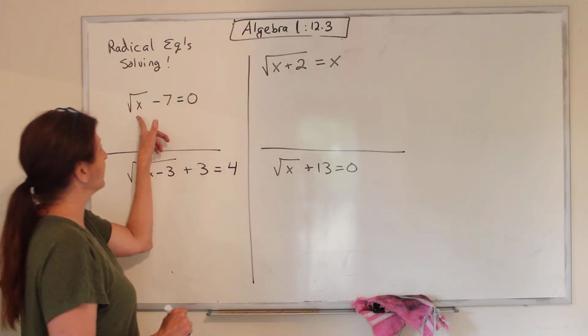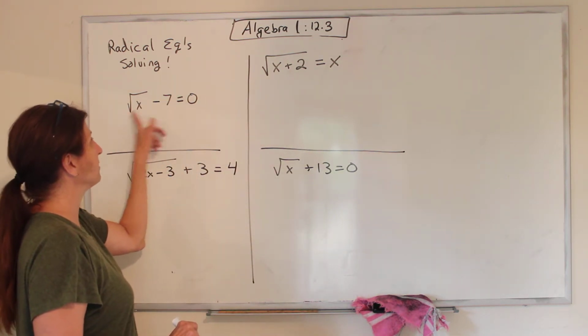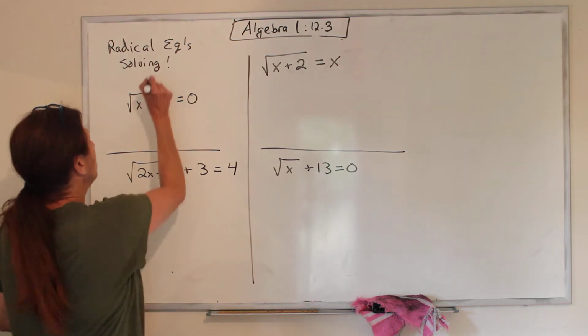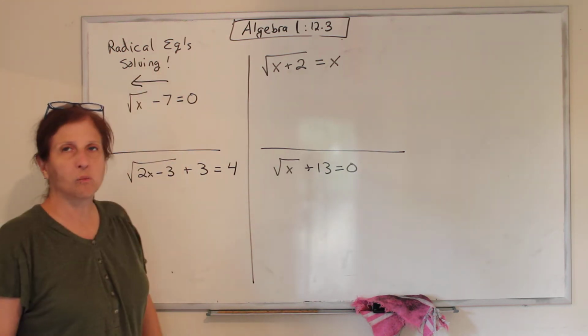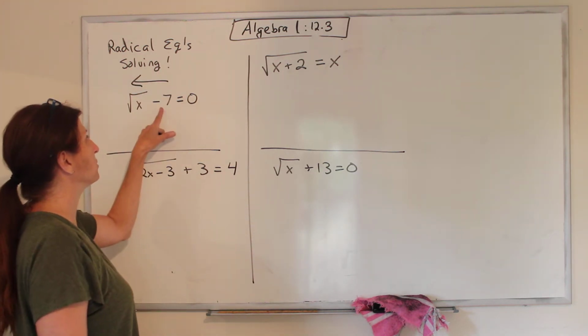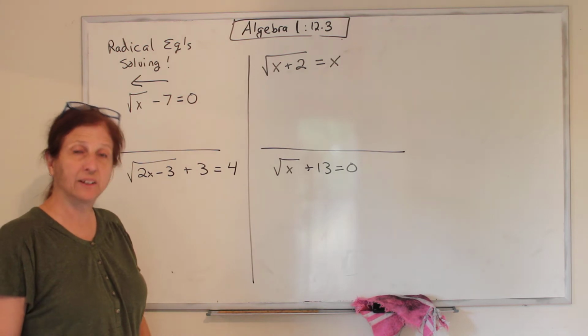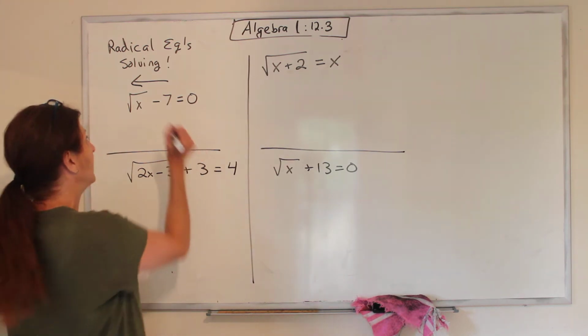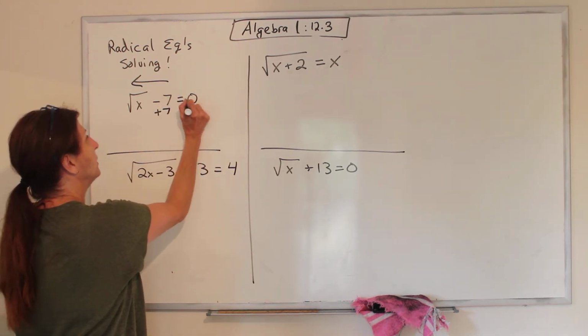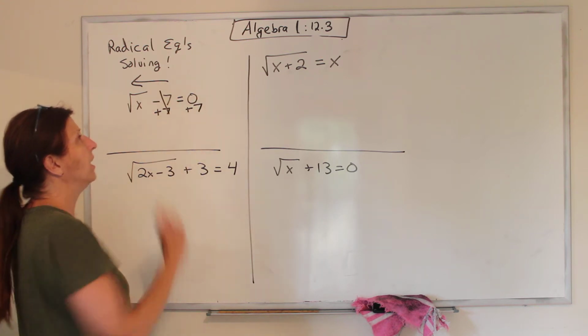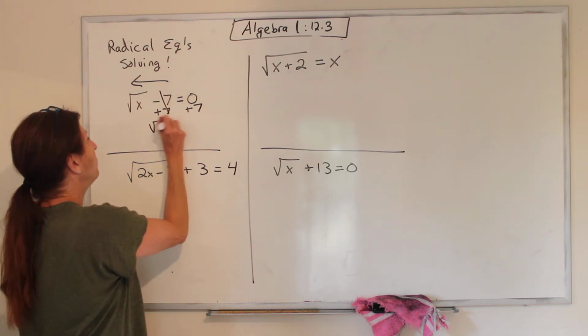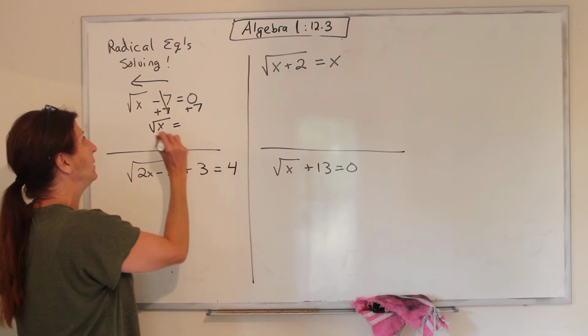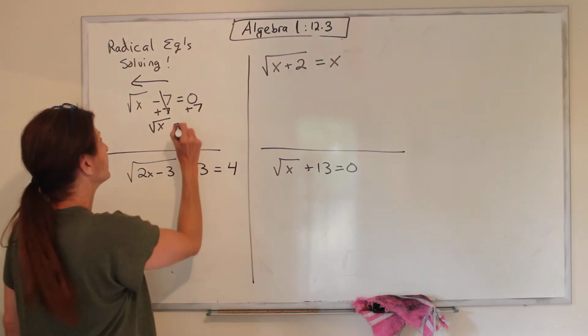Okay, so why is x not alone? It's got a radical sign and a -7. We work from what's further away to what's closer, so we're going to get rid of the -7 first. What's the opposite of -7? +7. What we do to one side, we do to the other. Those cancel out. And we bring down what we didn't mess with, the square root of x equals